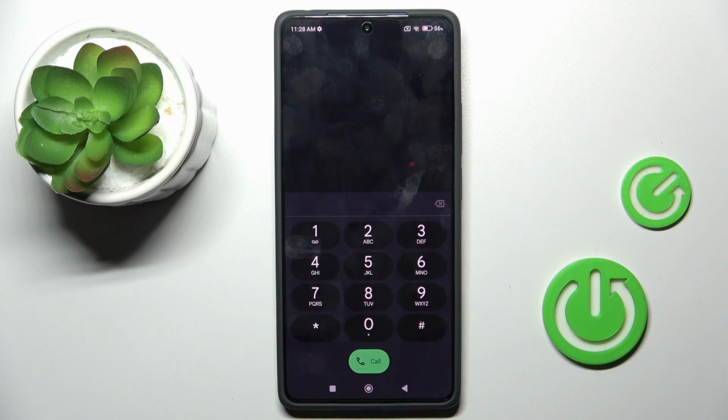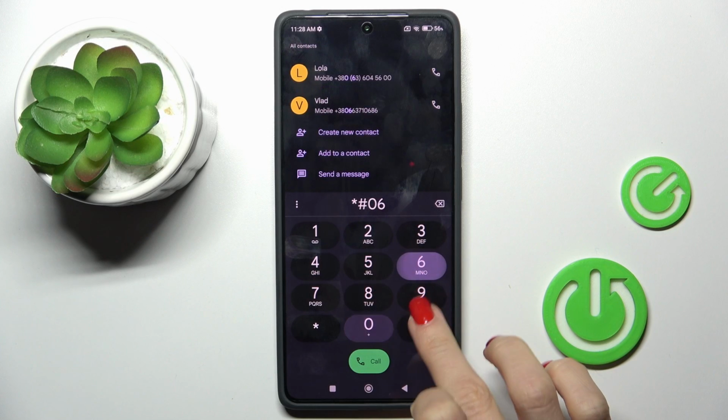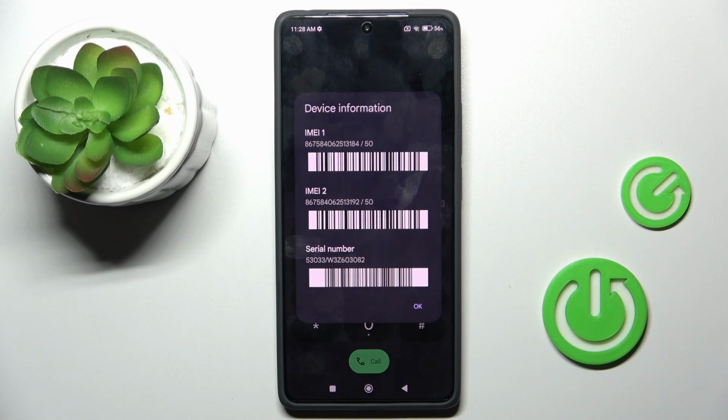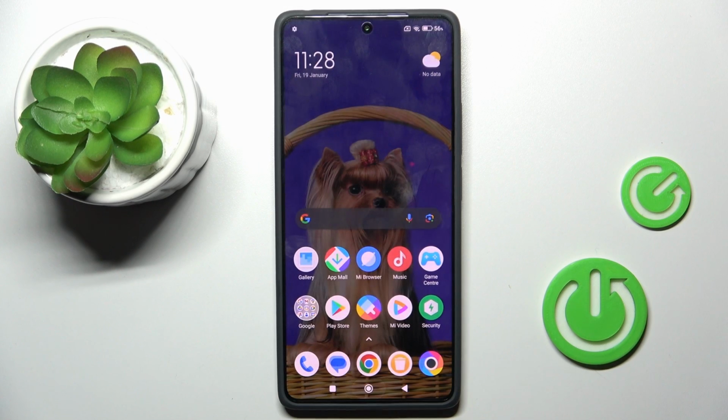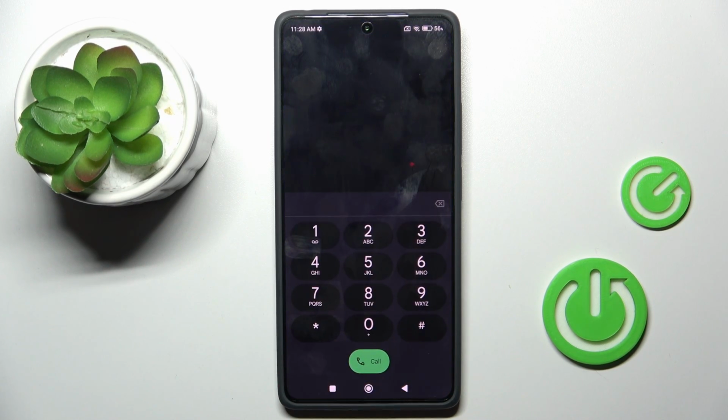The first one, the shortest one, is *#06#, and here we've got device information like email and serial number. Tap on OK to exit, and another code that you can use is *#